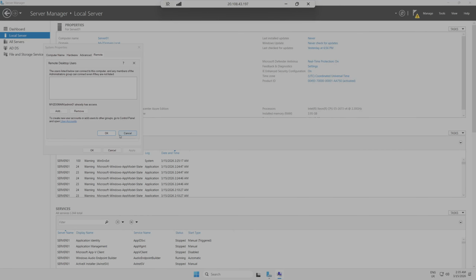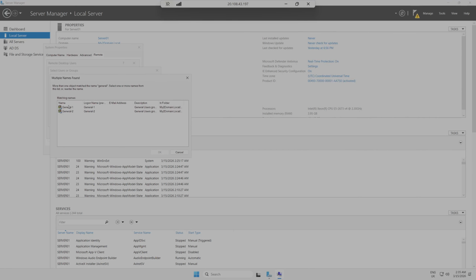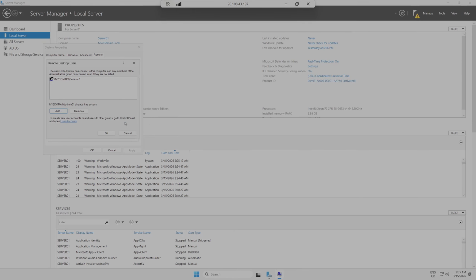Okay, here is where we add, for example, the groups. I got two groups, general 1 and general 2. Perfect. And next, if I want to add, for example, user